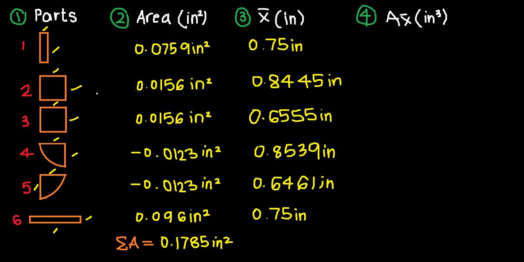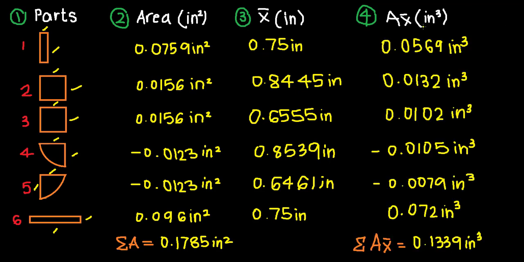So now for our fourth step, we simply multiply each corresponding shape's area and its x position. So now we've solved for each corresponding axis. We also, of course, solve for its total, which is 0.1339 inches cubed. Okay, so now that we got the sum of AX and our total area, we can finally figure out our centroidal position